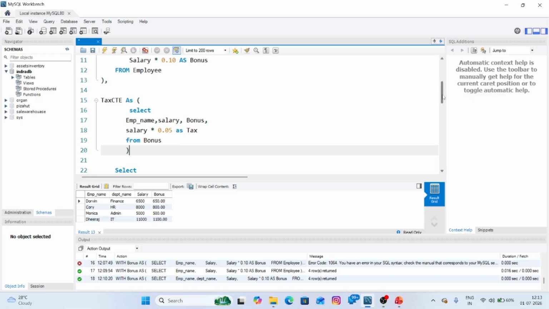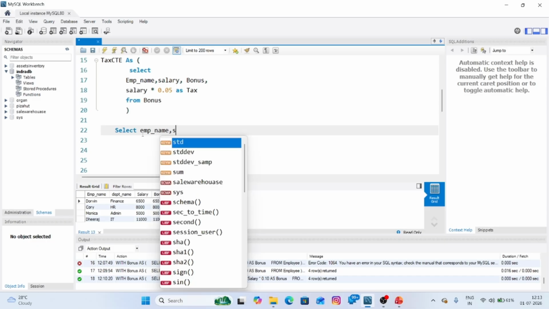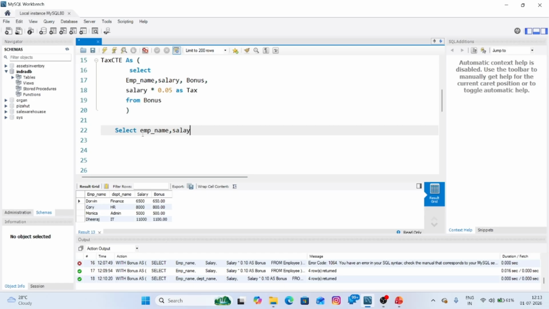Now we can use select employee name, and then I'm going to call my salary, and then bonus, and then tax, everything that is defined.